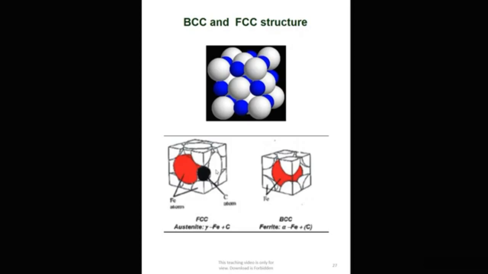In the face center there are iron atoms, and the carbon atom could be here. But at room temperature the space reduces, so the carbon atom should go outside,